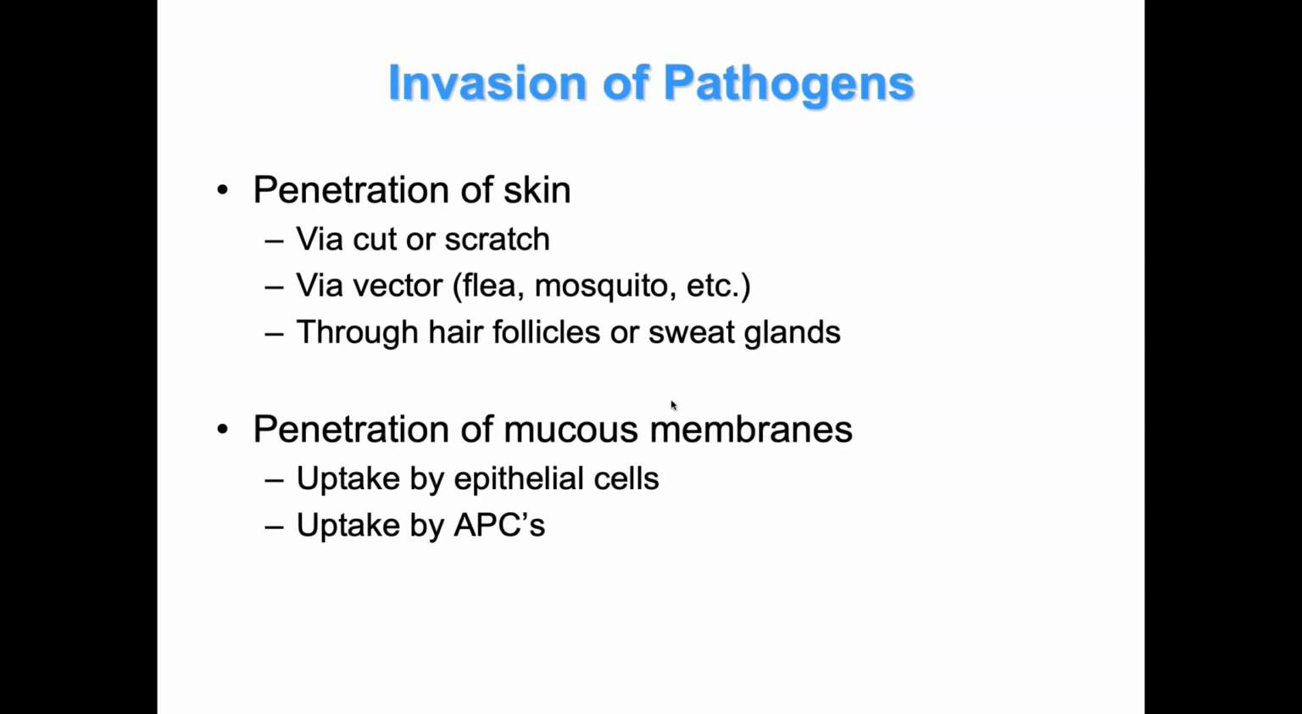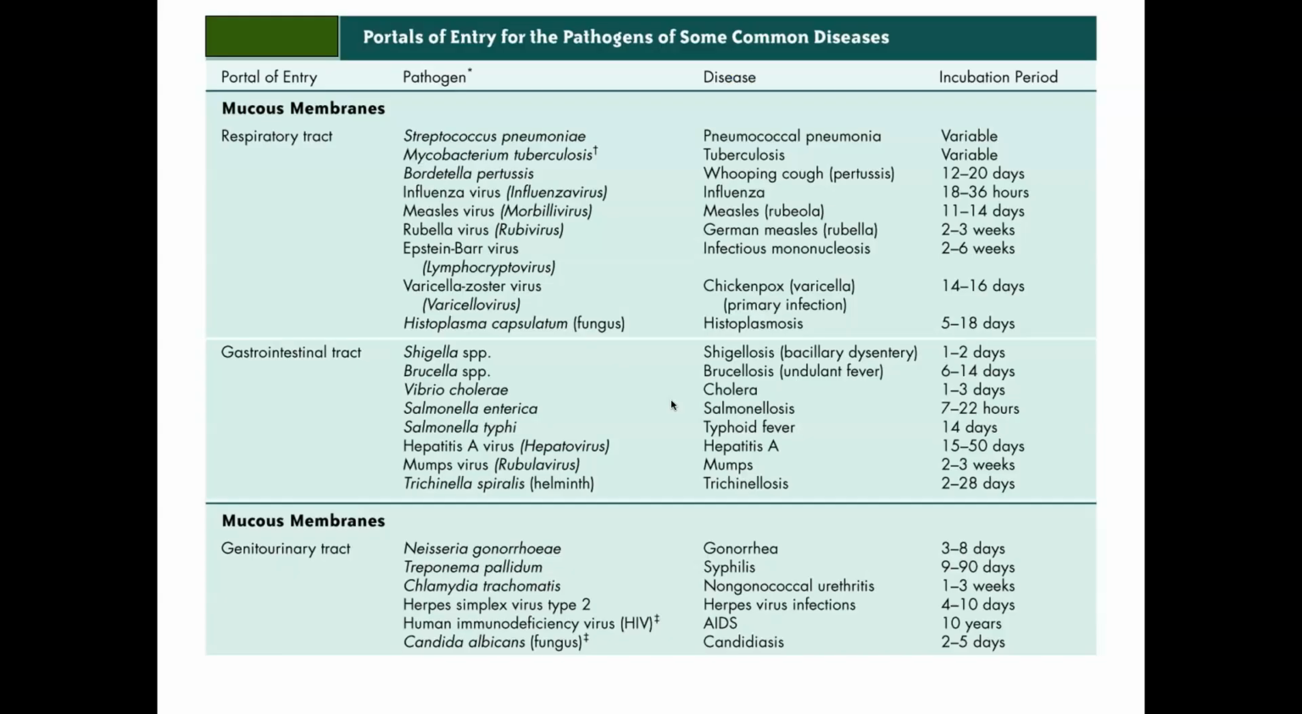Another way is that pathogens can penetrate the mucous membrane. That would be uptake by epithelial cells and antigen-presenting cells. So let's take a look at what I mean by mucous membrane. Well, the mucous membrane consists of the respiratory tract and the gastrointestinal tract. This is a great